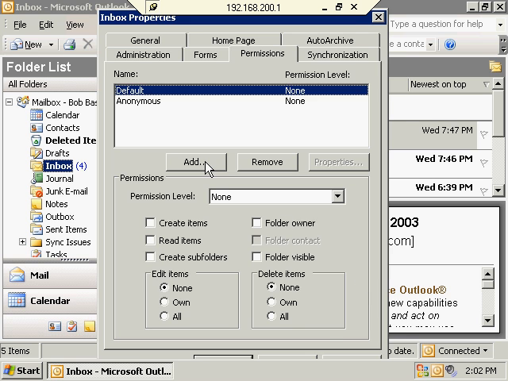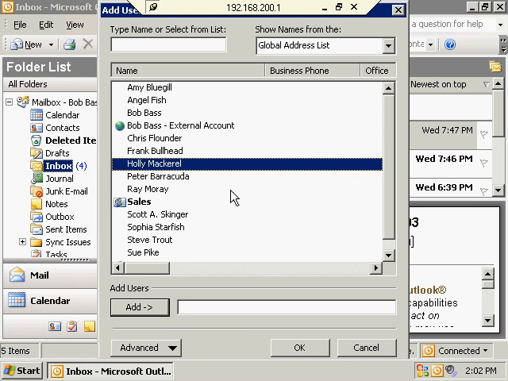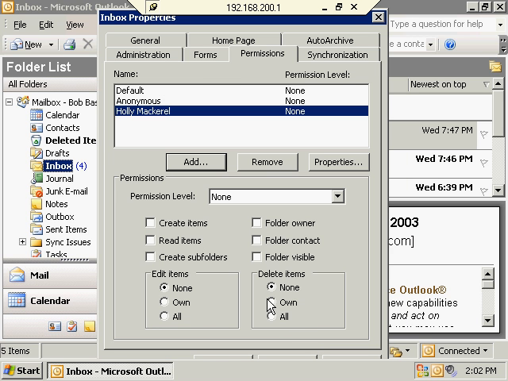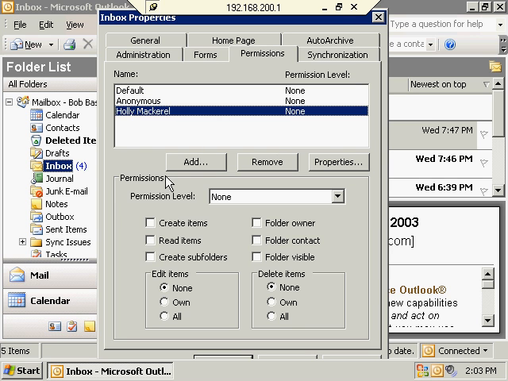So what we're going to have to do is click Add, and we find Holly Mackerel's name here from our global address list. And by the way, this is something that Bob could be doing on his own. If he wanted to share his information with Holly, he can do that just by coming in here and doing this on his own. By default, Holly's been set up with the none permission level. It just takes this from the default. So we're going to have to give her some sort of permissions,